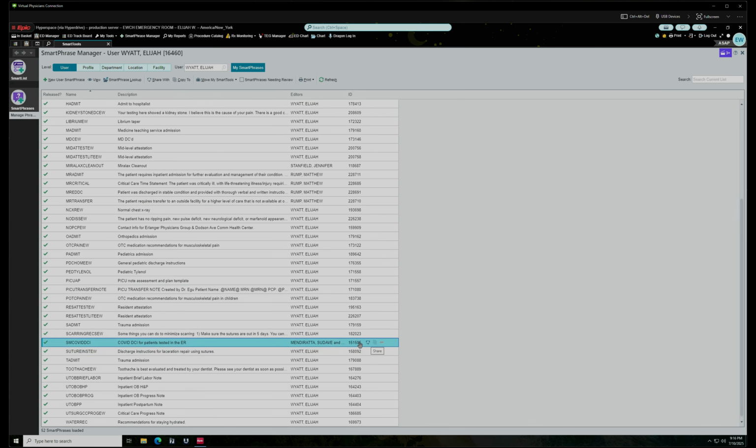You can click share, and if you share, you're basically subscribing to my template. So if I make a change to it, it will change for you. The other option is copy, and that copies it to your account. And it is a totally separate copy from mine. So if I make changes, those do not change for you. So that can be handy if you're wanting to customize it